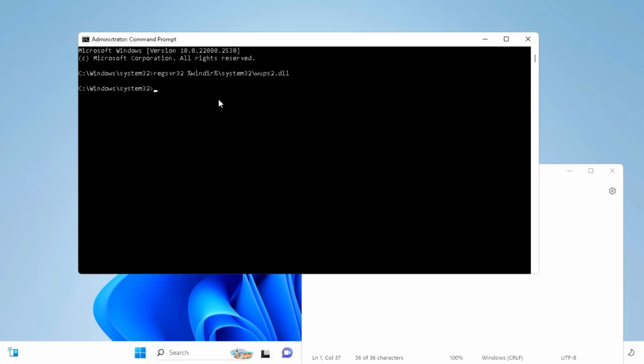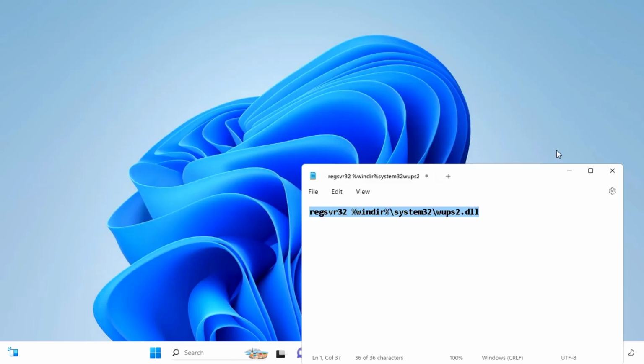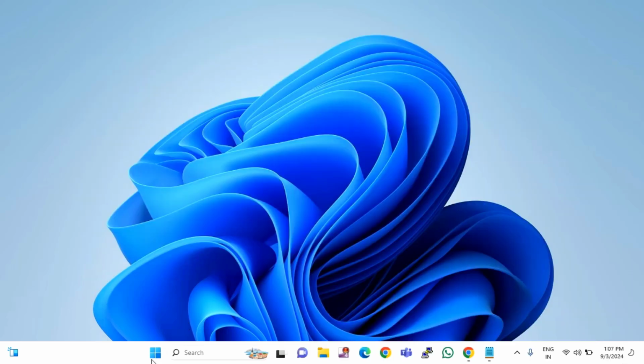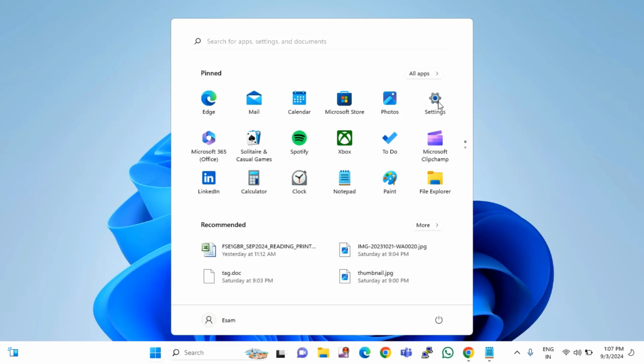After that you need to type the second command, sfc space /scannow, then hit enter. It will take approx 15 to 20 minutes. After completion of this, you have to restart your PC. After completion of this, just close this window, then click on start menu, then click on settings,